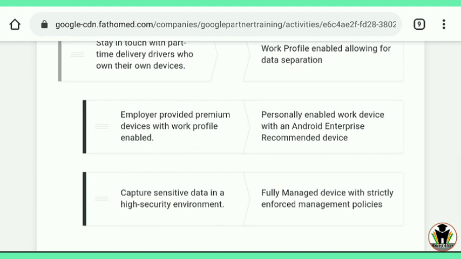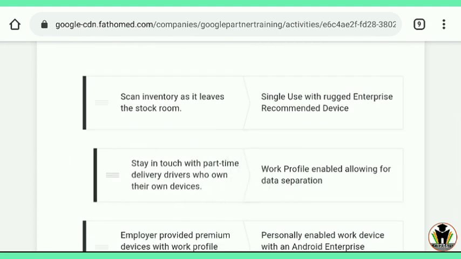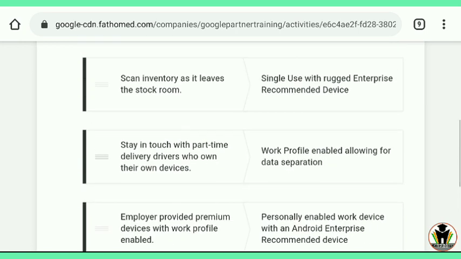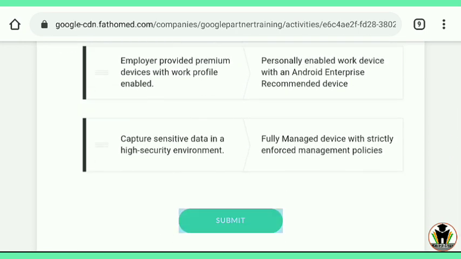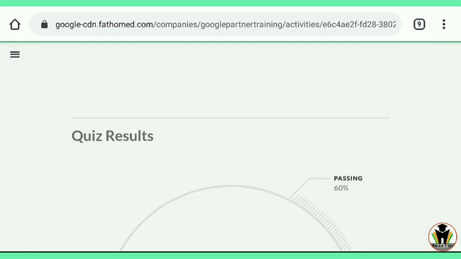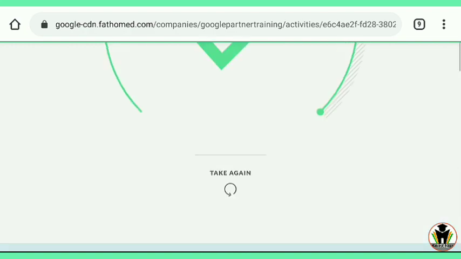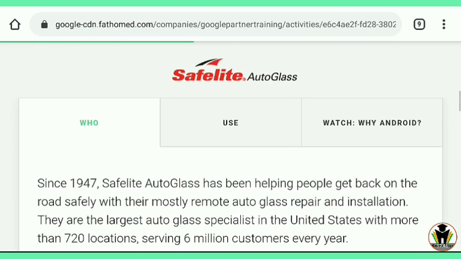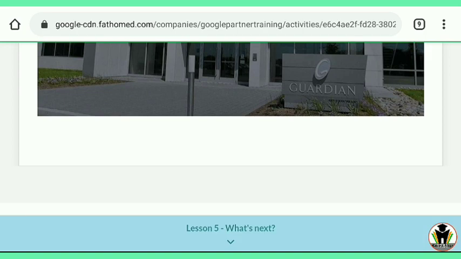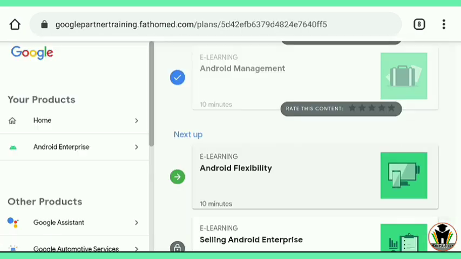You can see here. You do the same thing. This is very easy and also very funny to do this type of work. And after that, it's also correct. Just tap on the next. Our quiz result is 100%. Now go to the next lesson, lesson number 4. And just scroll down. What's next? Just tap on all done, and it is completed.